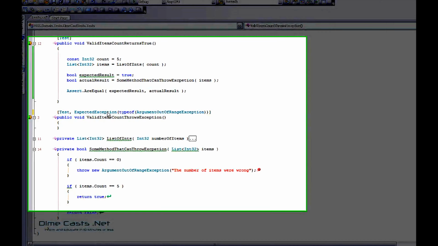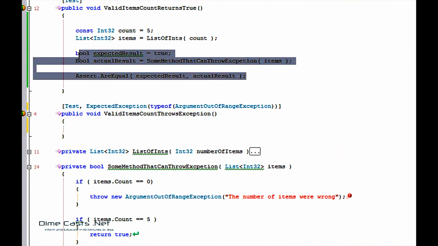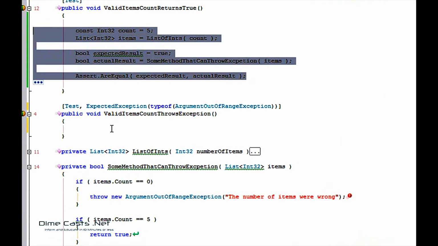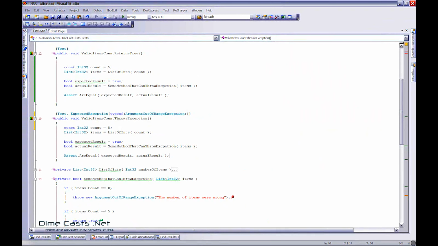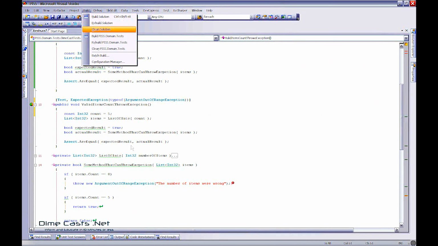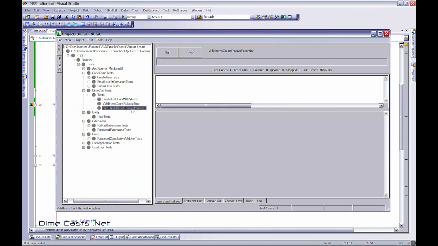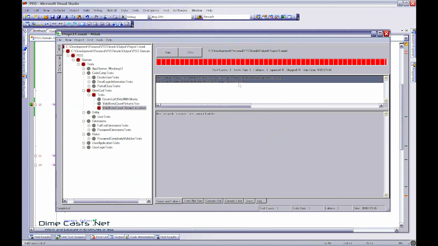Now in this scenario, I know that this method will not throw an exception, but I want to prove that this will actually fail my test because of it. So let's go back over to NUnit, and clicking run should actually fail my test, and it does. If you take a look at the description here, you'll see that it tells me that an exception was expected but wasn't thrown. That's a key indicator that the condition placed on it by the attribute was